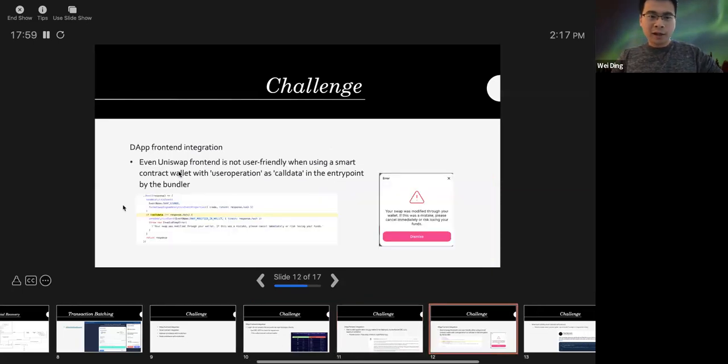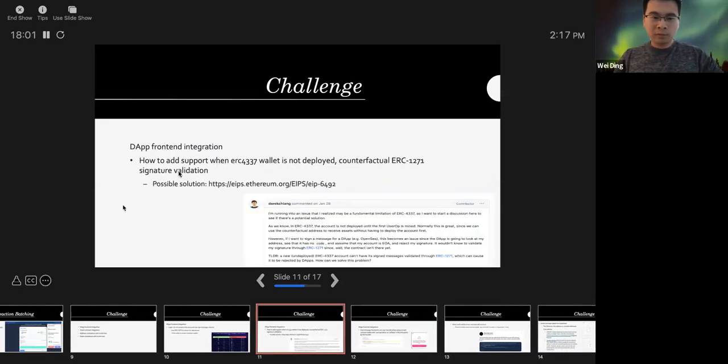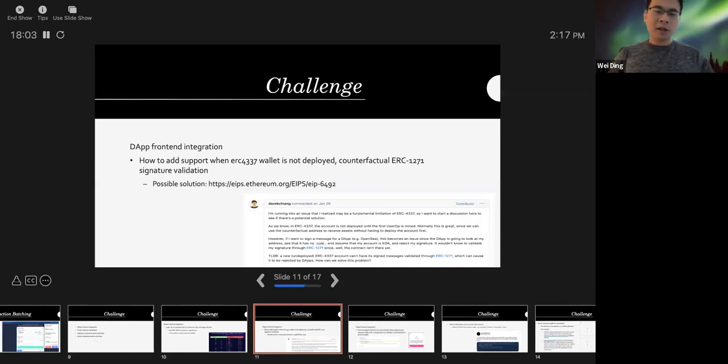And the next part is more tricky. ERC-4337 can support a feature called the counterfactual address. It allows users to have their address without their smart contract being deployed on the chain.